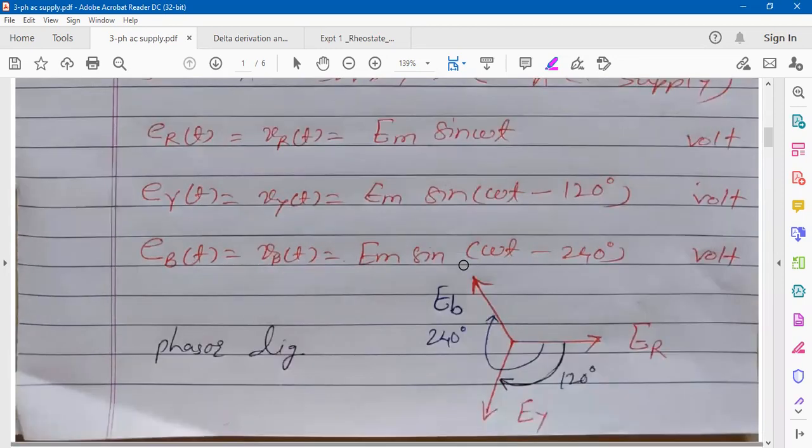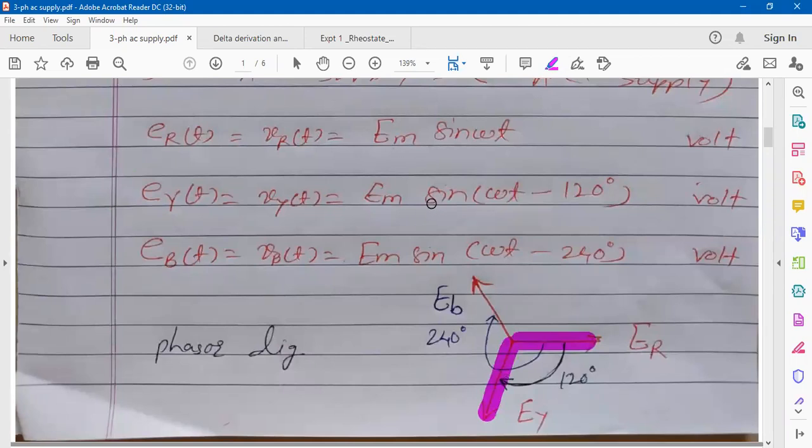How to represent that we have seen in the phasor diagram. What we denote? RMS value. Magnitude will be equal to the RMS value. So this is the R phase voltage. Now you can see here the Y phase lags the R phase by 120 degree; minus 120 degree means lagging, and a lagging parameter in a phasor diagram we represent in the clockwise direction. So all of you can see Y phase lags R phase by 120 degree.